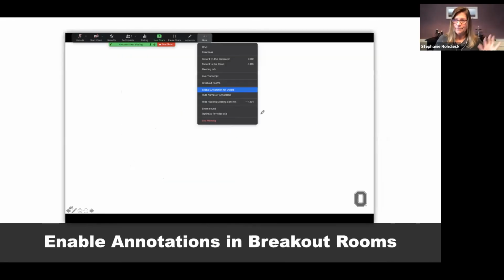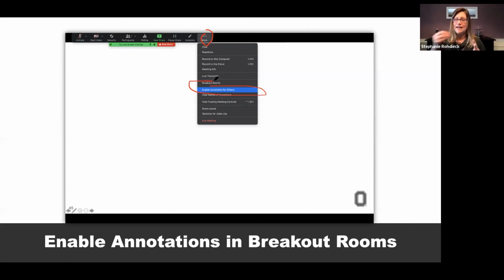They can also, in a breakout room, have their fellow participants use the annotate tool. The only thing they will need to do is what I did for you. They would click on the share button at the bottom. Maybe they want to bring up a slideshow. In this case, they brought up a blank slide in a PowerPoint, but they could bring up anything that they share, any kind of document. If you want them to annotate on it, whoever in the breakout room is doing the sharing has to click on this more button and enable annotation for others, which is what I had to do for you in the beginning.